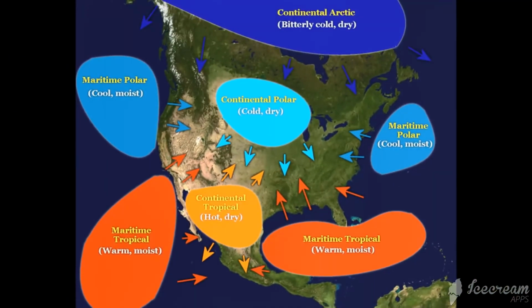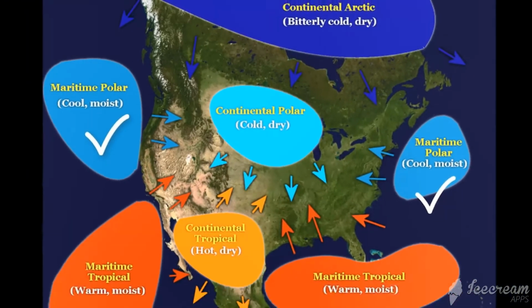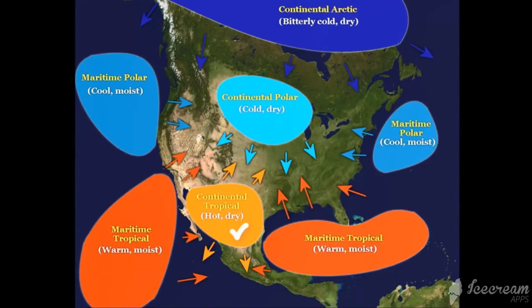In the northern Pacific Ocean and in the North Atlantic, we sometimes find maritime polar air masses. During the summer, these air masses in the Pacific usually mean fog along the west coast. In the east, they often result in cooler temperatures. But in the winter, these polar masses from the oceans can produce heavy snow and sometimes even blizzards. To the south,